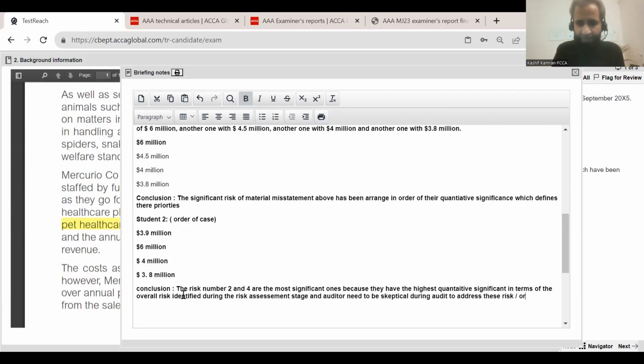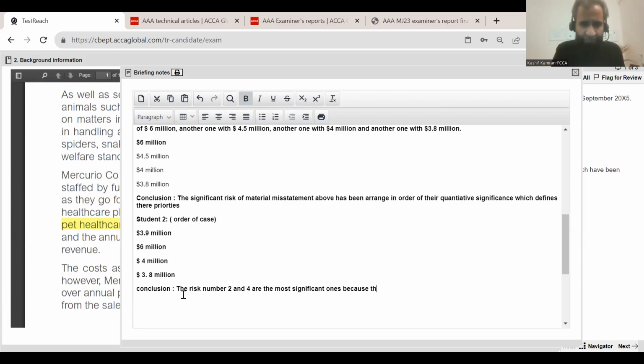Or you can just simply say this, removing this line: the risk number 2 and 4 are most significant because both the risks are subjective, as they involve estimates and management judgment, which makes them inherently riskier